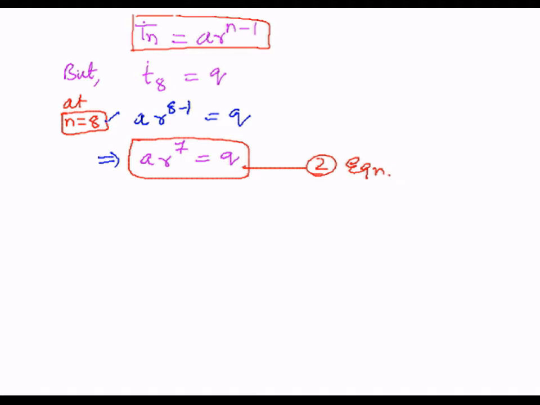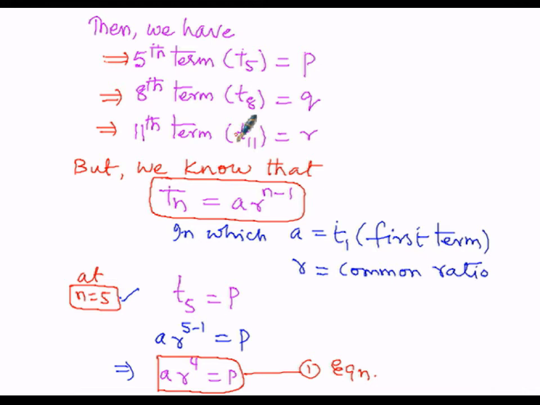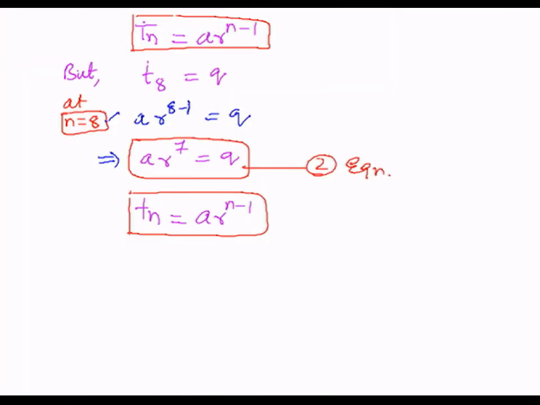Now the nth term, the general term, is a r to the power of n minus 1. As per the problem, the 11th term, T11, is r. So when n is replaced by 11, we will get the 11th term, that is, at n equals 11,